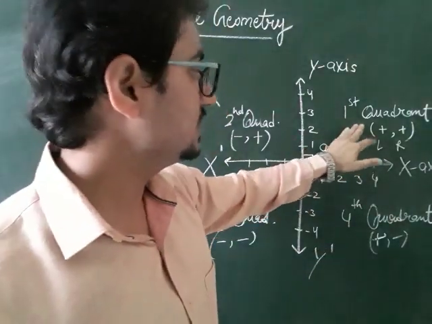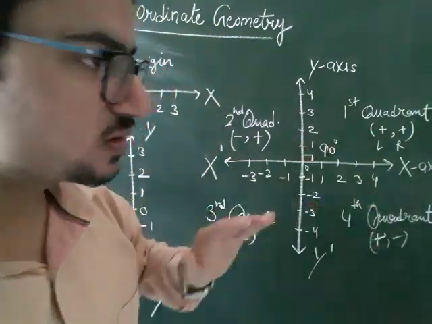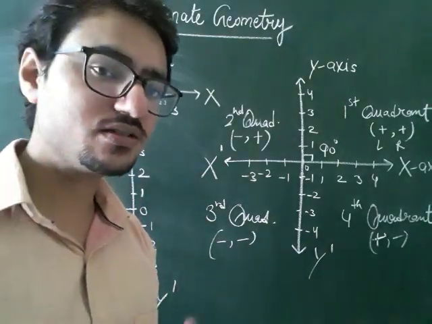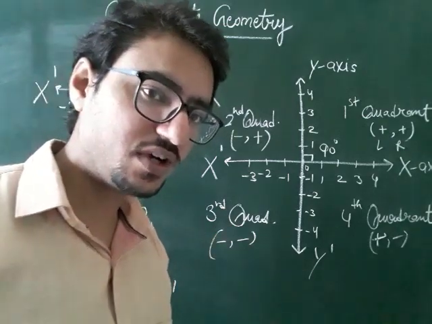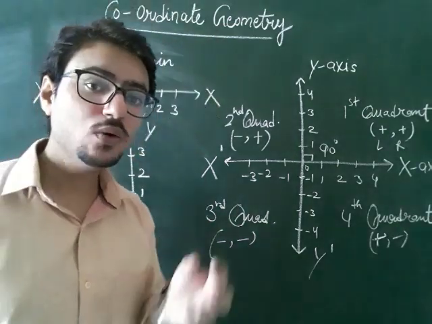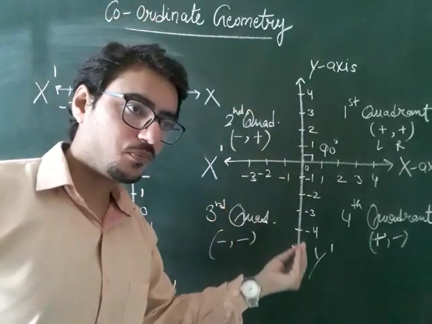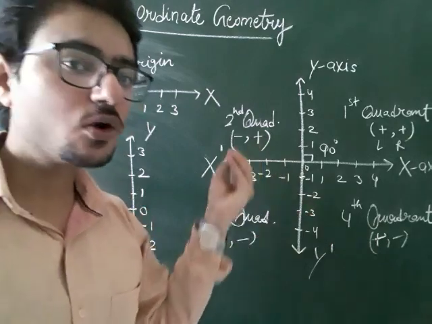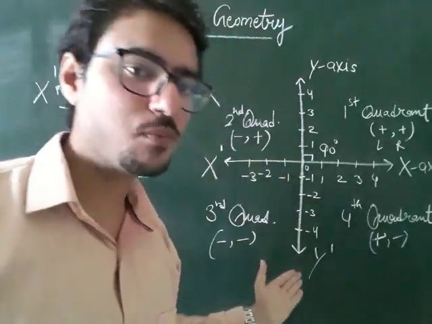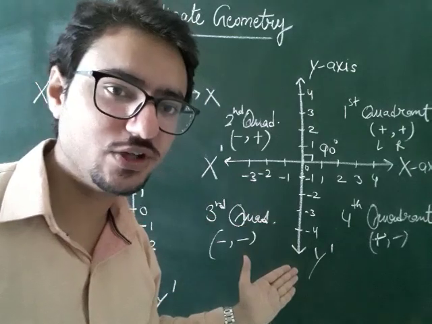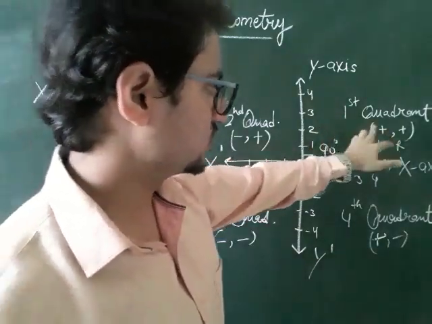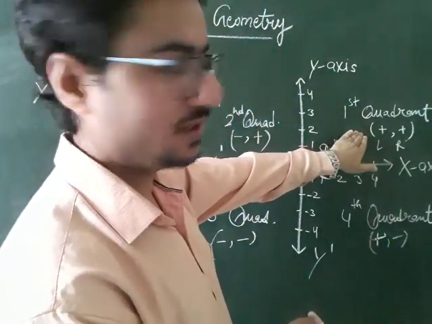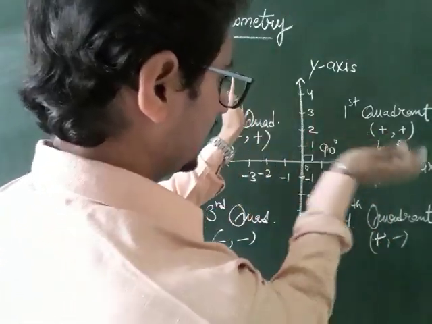Then we get to know the sign of these quadrants. All such coordinates, yes, a question can arise, what are coordinates? We will study coordinates in our next video, and we will learn how we can plot coordinates in the xy plane and how we can read coordinates with the help of the xy plane in our next videos. So the sign of the first quadrant is plus plus. You can easily understand it by the method of your left hand and right hand.